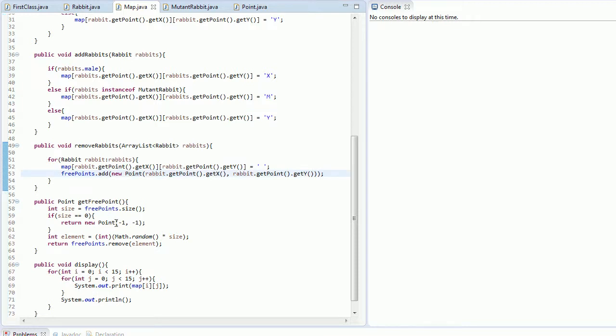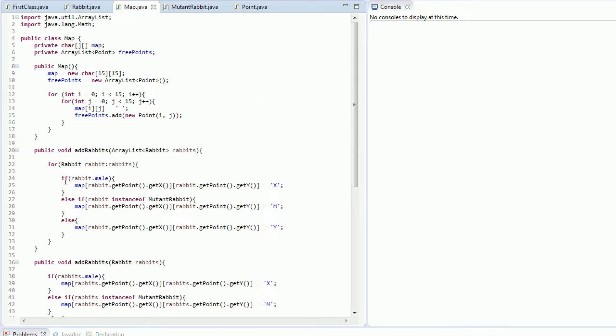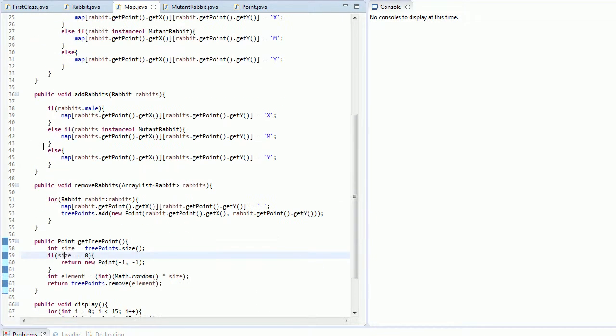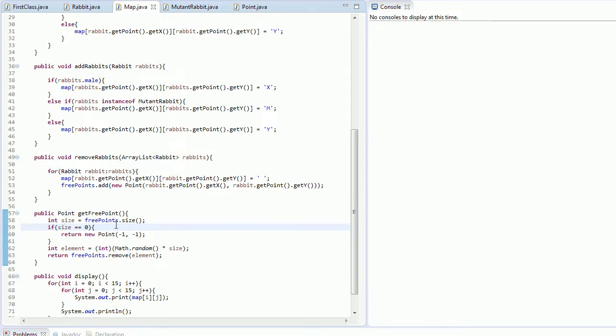You're just kind of wrapping your head around it. So I got the size of free points, and then I made sure that size wasn't equal to 0, because this free points, I created this up here, and this is just a list of all of the free points on the map. And if the size is equal to 0, then it just returns a negative number. And if I test back in my first class, if it's negative, I know that the simulator should end because